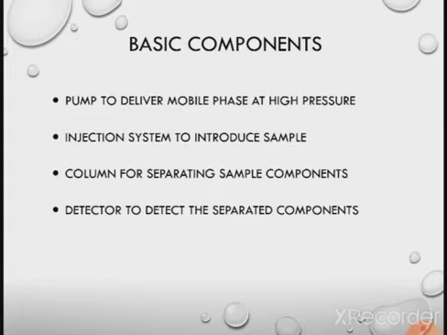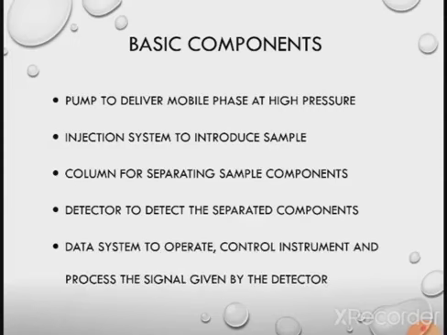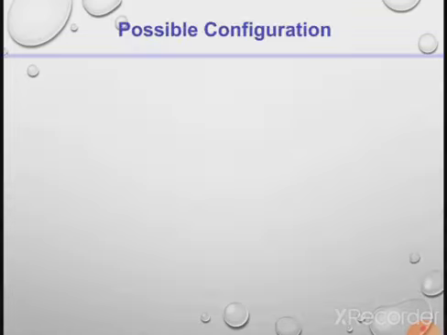Then various controllers we are using in the instrument. Then the signal processors that process the signals given by the detector. So this is another system that is required along with these specific parts. Now, the possible configurations of HPLC. As we see, what are the possible configurations of the HPLC? First possible is the isocratic